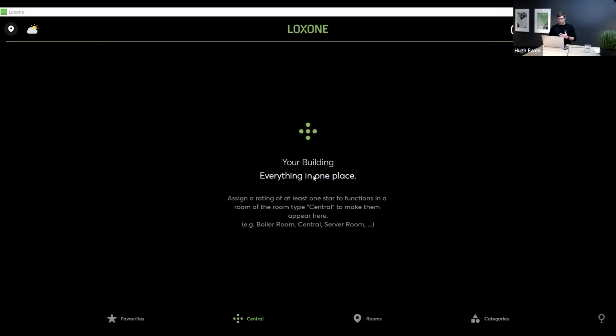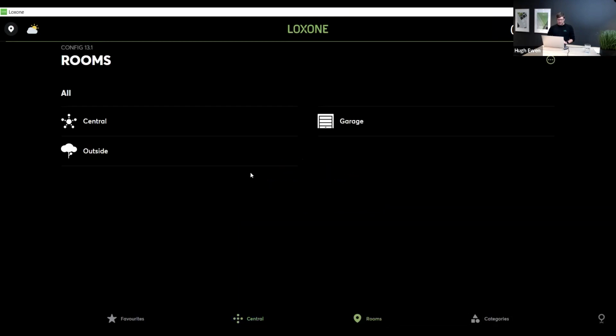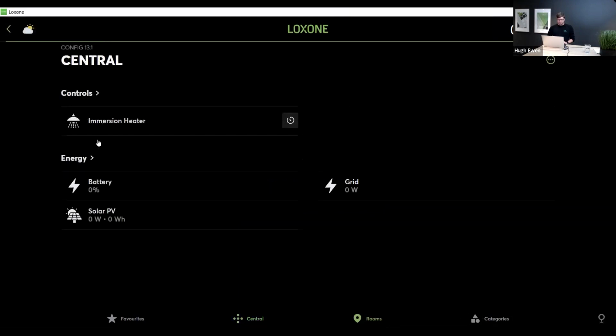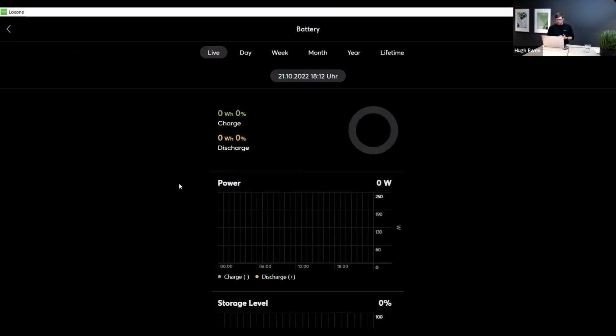We are still working on it, so please bear with us if you see any slight oddities in there. But if I head into my central page, here are my various meters that I've just added under the energy category. Here is the battery one, and you can see first and foremost a complete redesign of how these things look